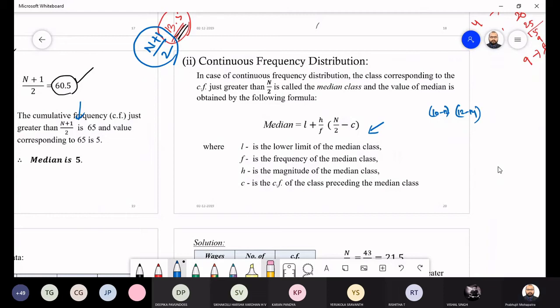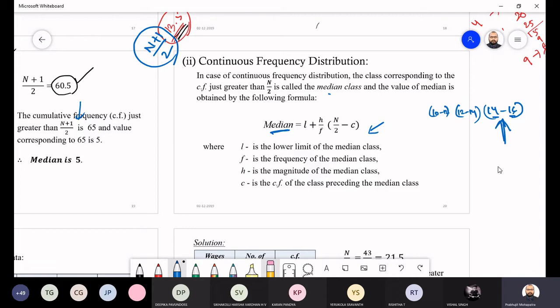But the thing is that the class will be in a range. It will have some lower limit, it will have some upper limit. For example, this is your median class, what is that? 14 to 16. So it will have the lower limit and the upper limit. For the median, you cannot say that it will lie somewhere between 14 and 16. No, you have to give a proper value. You cannot give it in terms of an interval. An interval is not a proper data. Median means we need to find the exact position. What is the data? You cannot say that the data will lie in between 14 to 16. That is not like that.